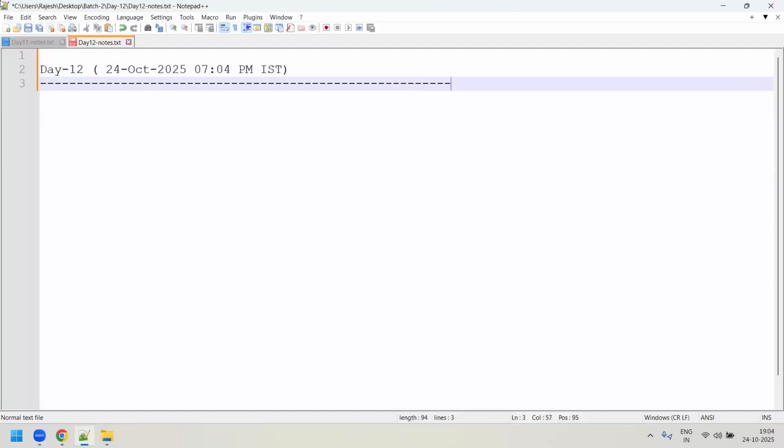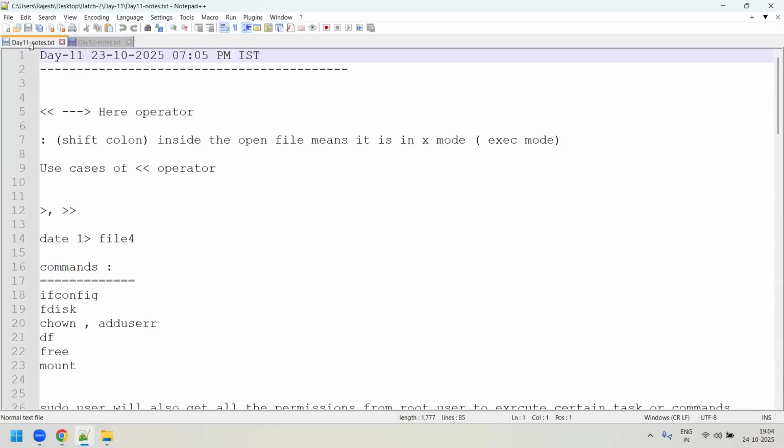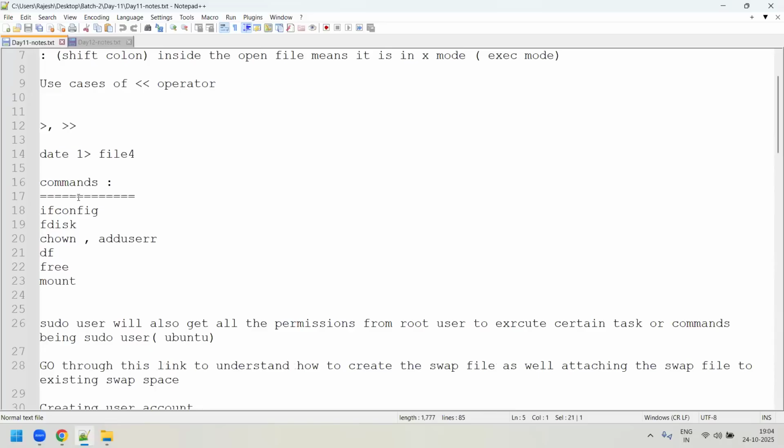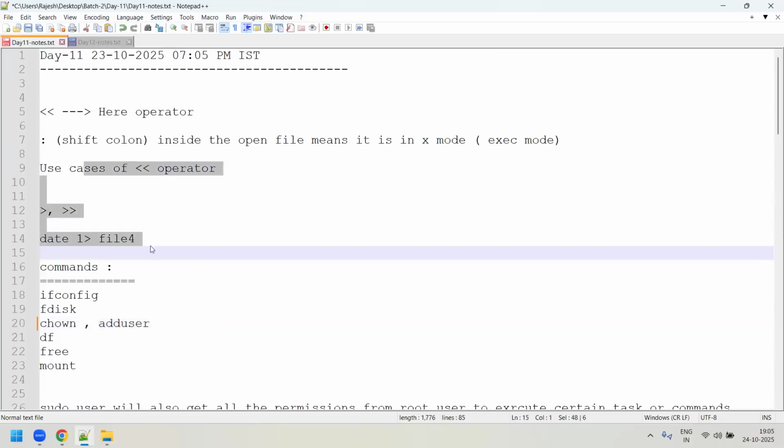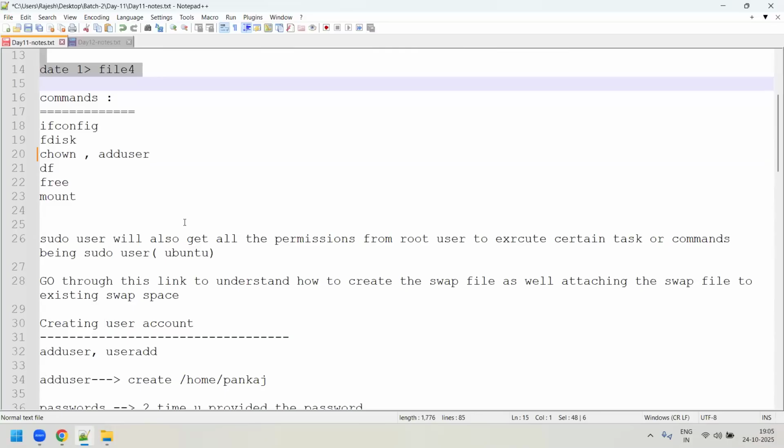Before getting to today's session, let us quickly recap what we covered on day 11. We started with the here operators. We will be covering a few more commands in our upcoming session, as well as the network based commands, which I will cover today if I can, or else in tomorrow's morning session. After that, we tried to understand some things in the redirection operators,